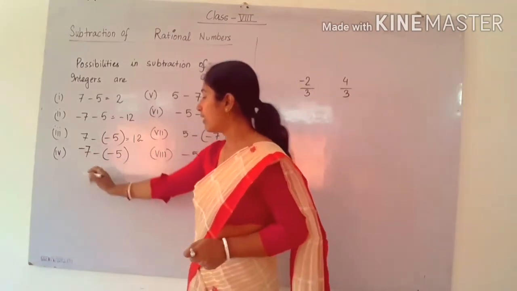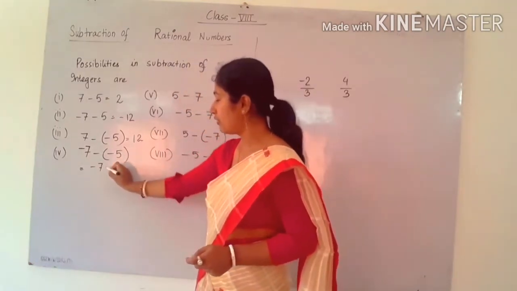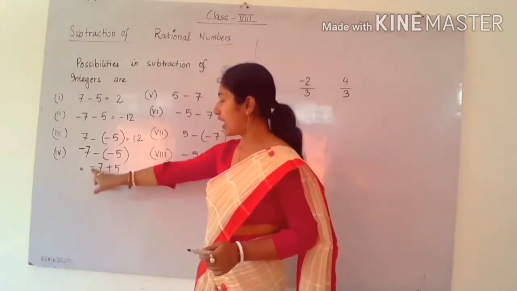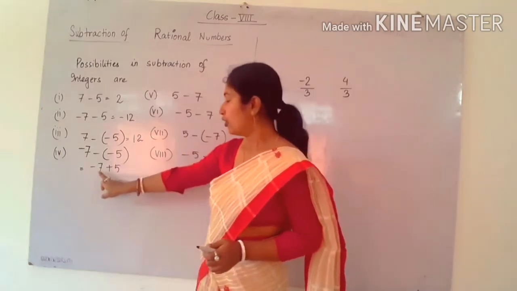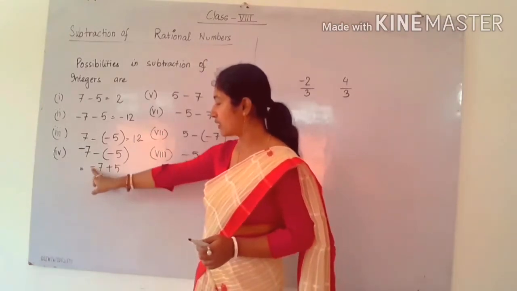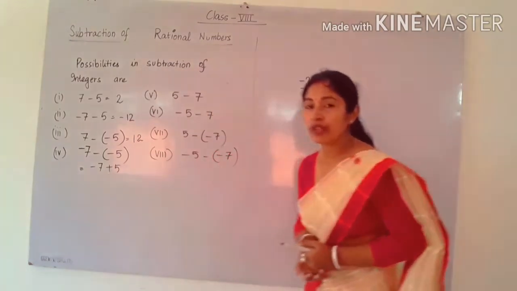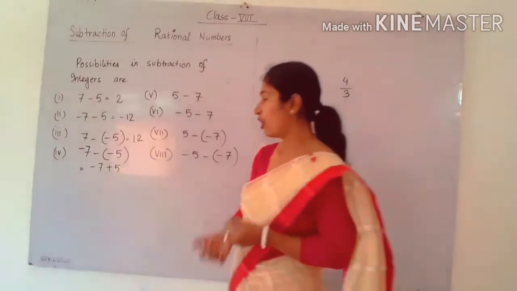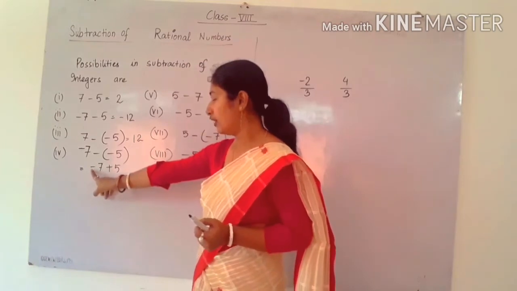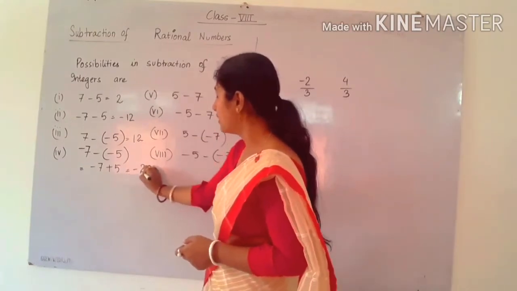Similarly here minus 7, then minus of minus again becomes plus, then 5. Here you can see the negative sign is before the greater number. So we have to do what? The operation will be subtraction, because here it is minus, here it is plus. If opposite signs are present, then we have to do subtraction. What will be the symbol? You have to see the symbol before the greater number. Here the negative symbol is present, so the answer will be minus. So the answer will be minus 2.